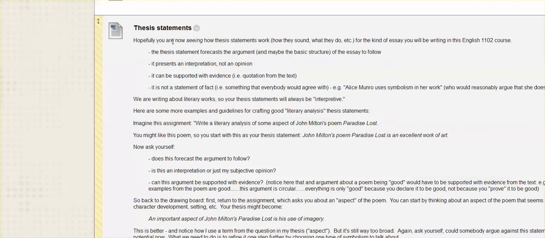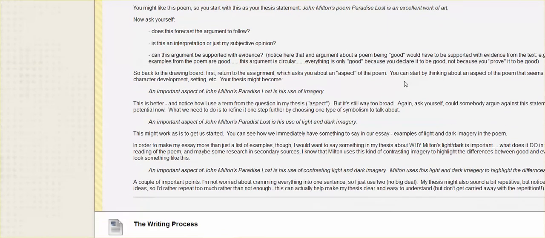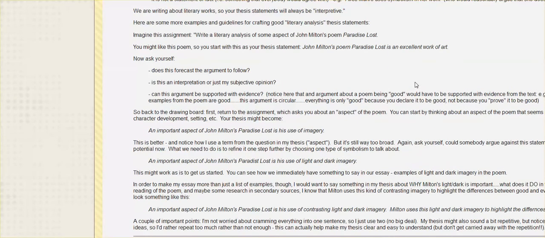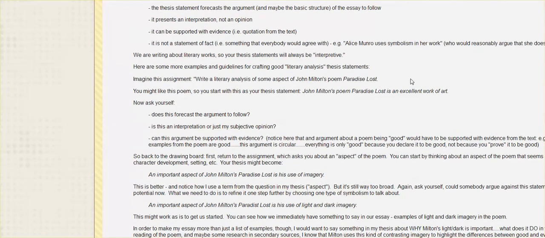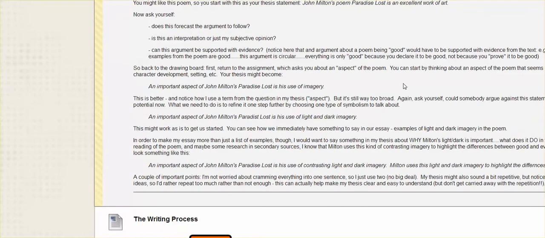I'm looking for evidence that you, as the student, read this little section on thesis statements and can now apply that in your writing situation. I know writing can sometimes seem mysterious, like there's a secret set of things I'm particularly idiosyncratically looking for, but that's really not the case. I'm trying to make it as transparent as possible so that the expectations are clear on your end, and you have all the tools to meet those expectations.